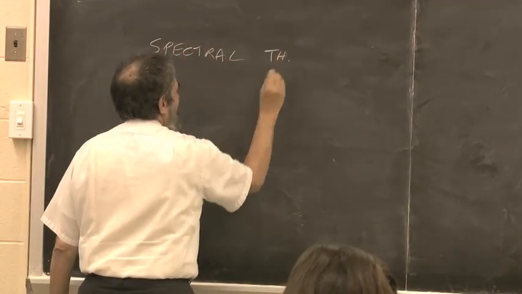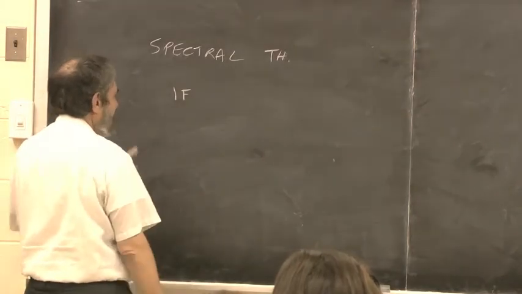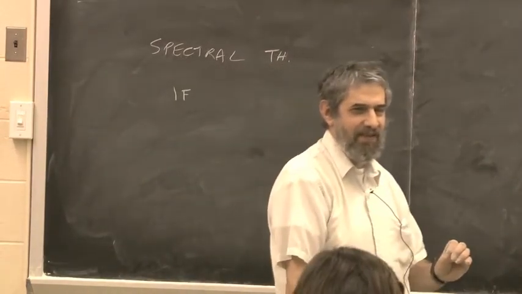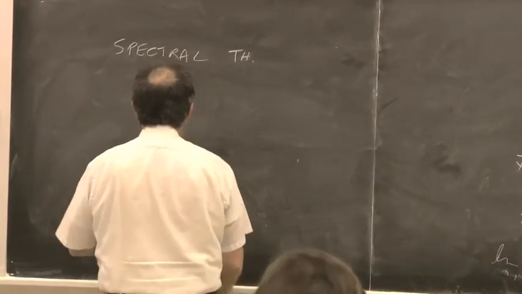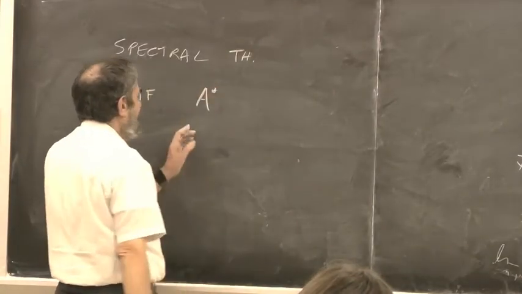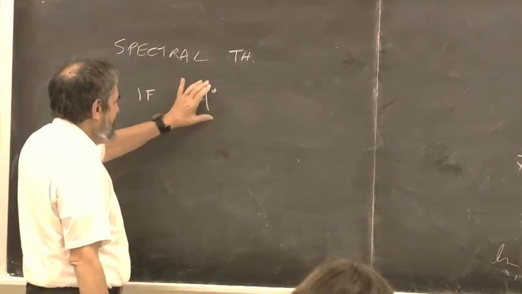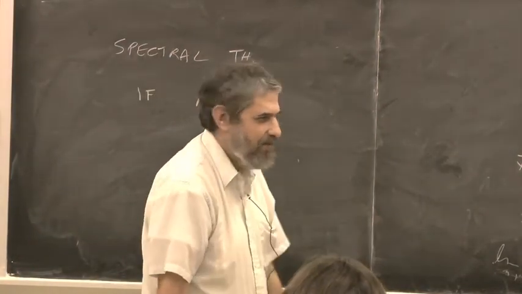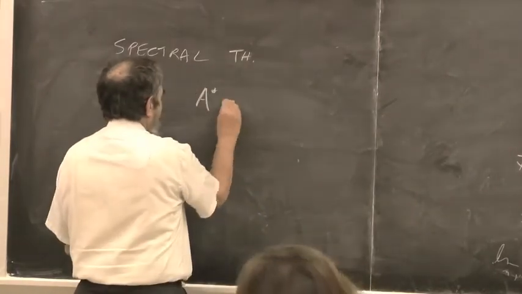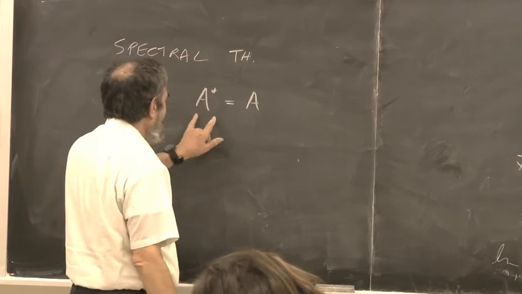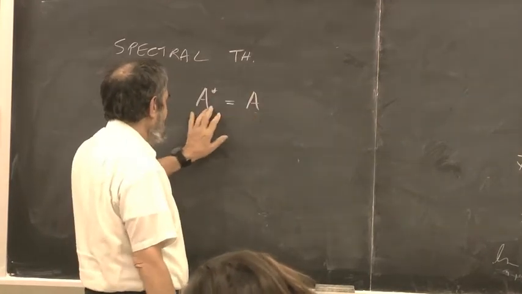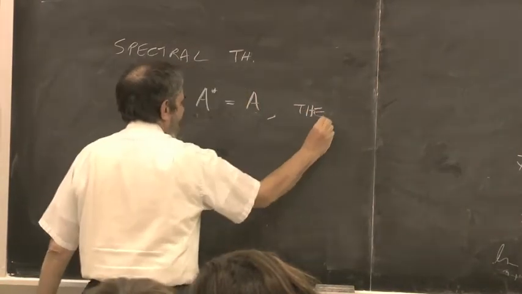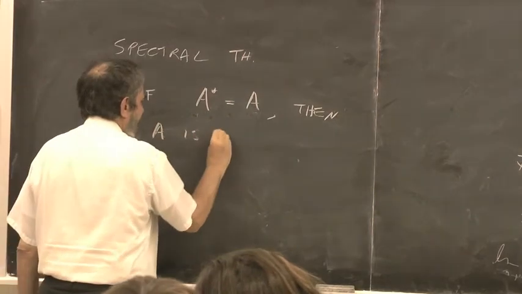What it says is that if a matrix, and I'm going to state it in the complex situation, have you talked about transpose yet, or adjoint? The adjoint of a complex matrix, denoted A star, is just the transpose, and then you take the complex conjugates of all the entries. A matrix is called self-adjoint or Hermitian. There are all kinds of nice words for it. If you have any matrix which satisfies that its conjugate transpose is equal to itself, then A, in fact, is diagonalizable. And not only that,